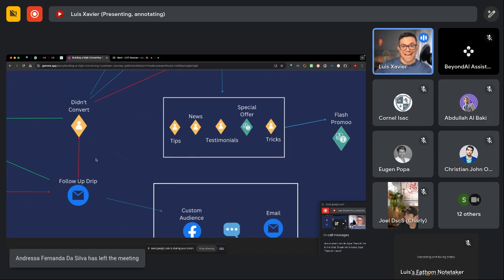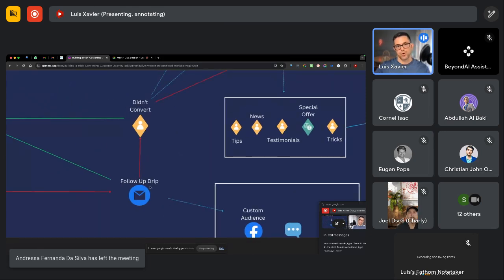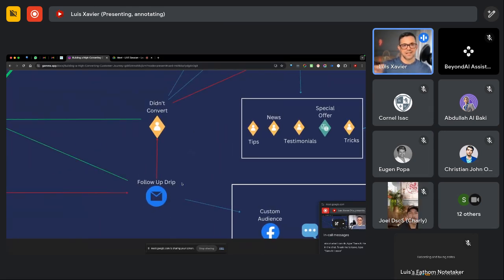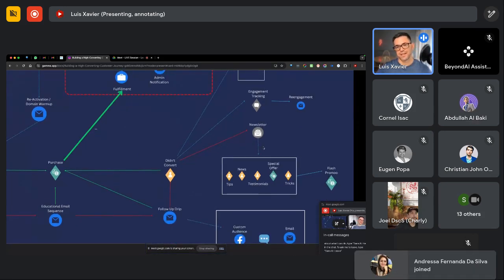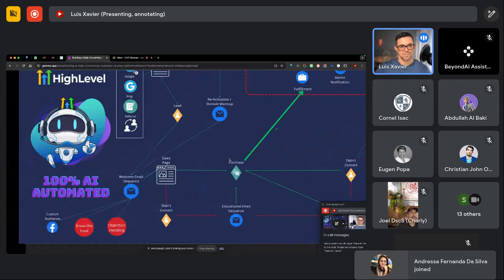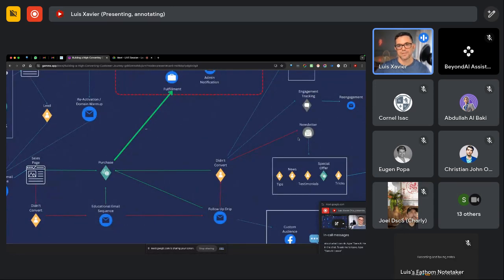Okay. If they don't take action at this stage, it's not the end of the world. In fact, a lot of the leads won't take action immediately. You need to continue to convert them for a very long time, depending on your niche, depending on your audience, for them to actually take action. It's absolutely fine. So if they don't convert, then we're going to send them to the newsletter. Okay. So as you can see here, a lot of things happen before we send them to the newsletter. We only send them to the newsletter once they know who you are, they like you, they trust you, they are educated on everything that you do, and they know that you can help them, right?